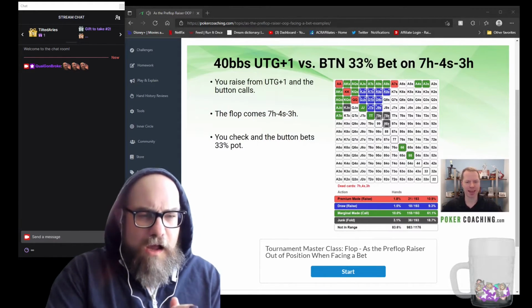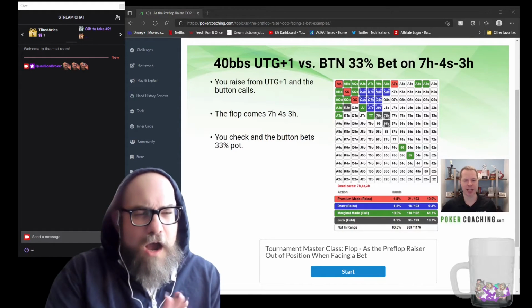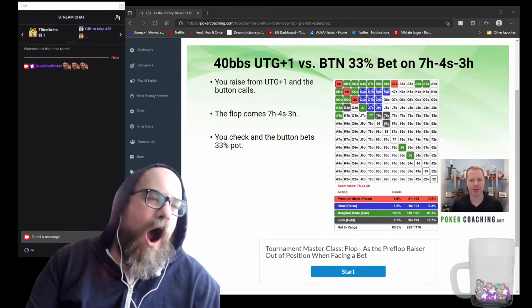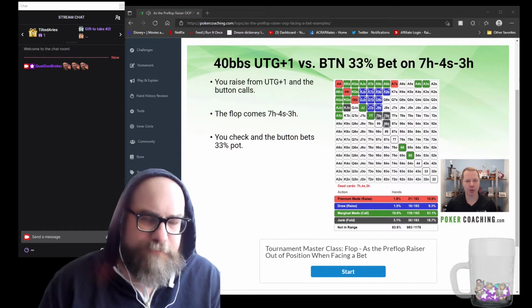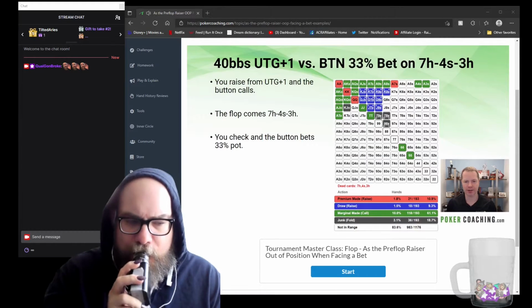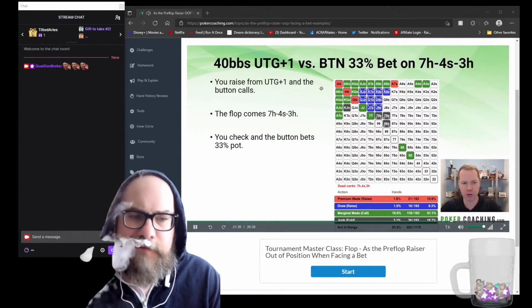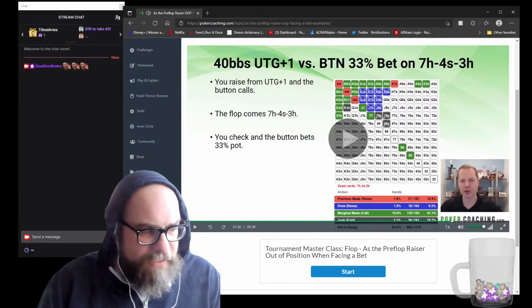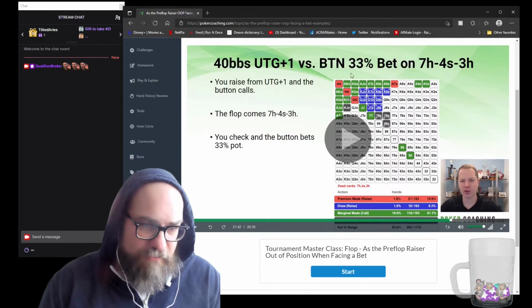Let's take a look at one more spot like this. This is a spot where we were checking very, very frequently. Flop comes 7-4-3. We check the flop. Opponent bets. Now we're going to want to check raise again our best made hands and our draws. Notice we don't actually have a ton of quote unquote best made hands here. Aces, kings. It should be noted the thing that's not getting repeated is that this is versus a 33% pot